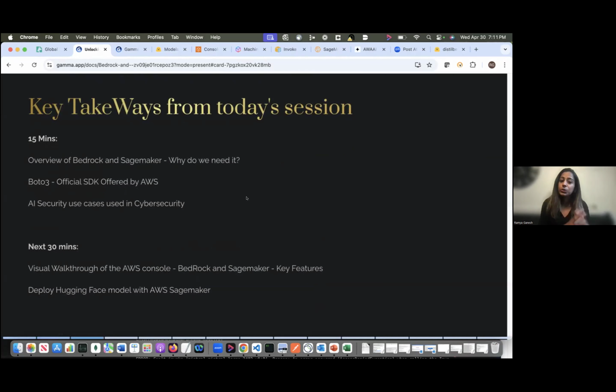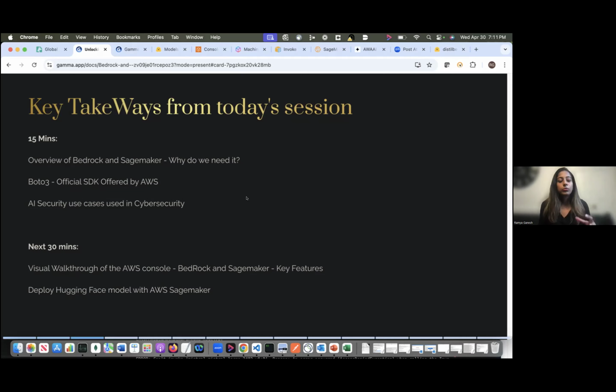So, the key takeaways. What are we going to do for the next 1 hour? My goal for the next 1 hour is for you to have some insights about how to get started with building your own AI project using Bedrock and SageMaker. The first 15-20 minutes, I'll walk through slides about Bedrock and SageMaker.